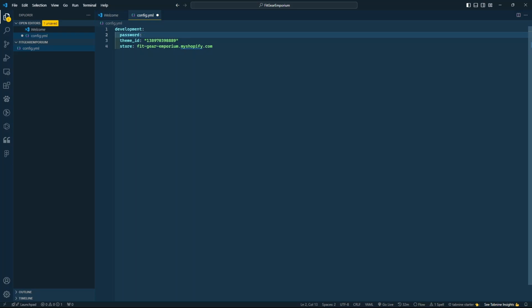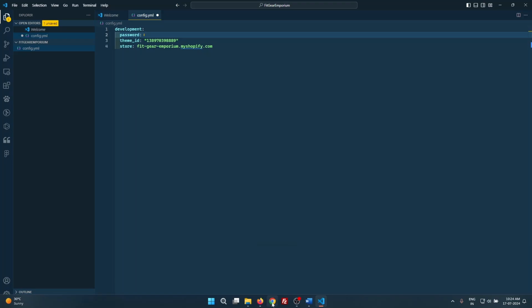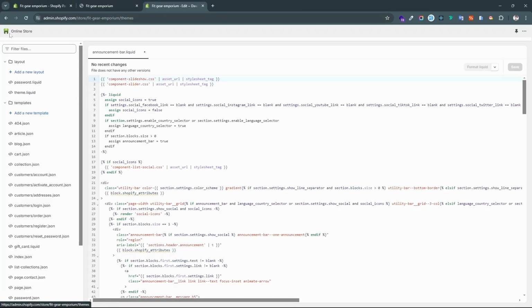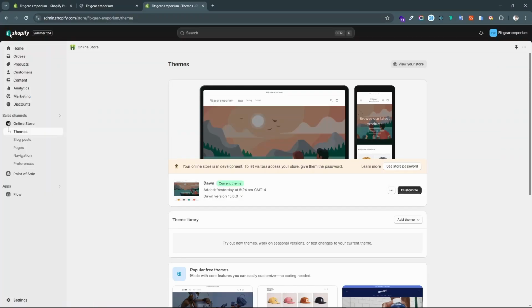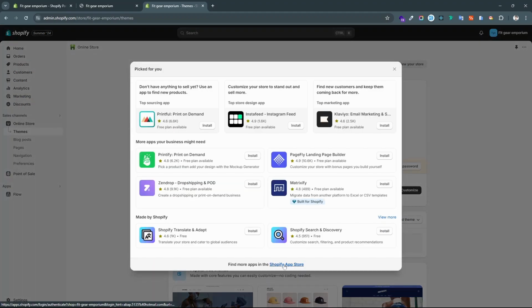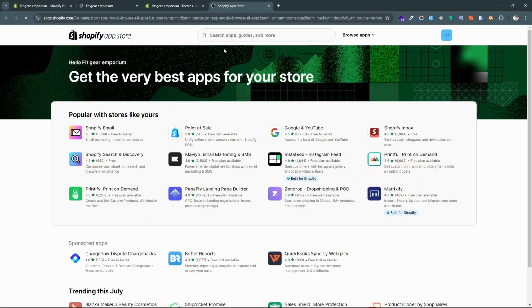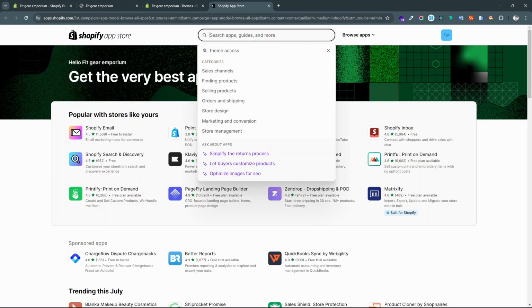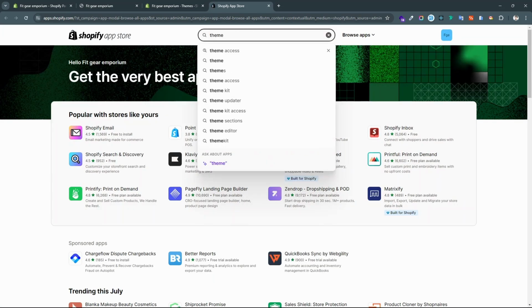And the most important is the password. So how do we get the password? It should be the Shopify Theme Kit password. For this, we need to install the Shopify Theme Access app here. Go to the app section and click on this all recommended apps. It will take you to the Shopify app store. Here we have to search theme access,